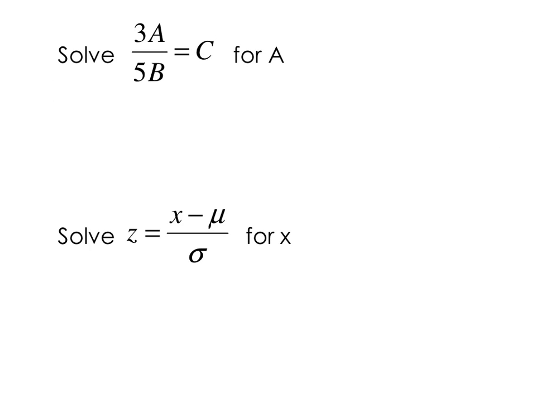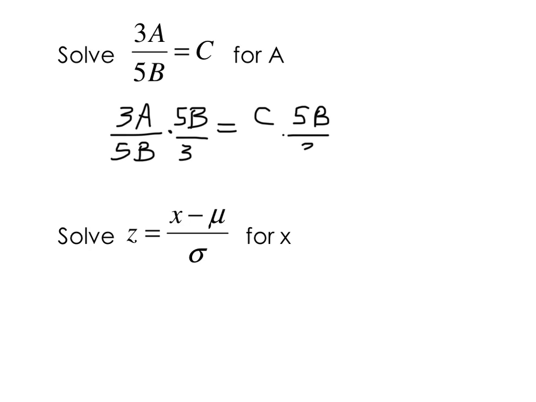Let's solve this problem for a. We don't want that 5b there. It's divided by 5b, so how can we get rid of it? We can multiply by 5b. We don't want that 3 there either. It's 3 times a. We can eliminate 3 by dividing by 3. But if we multiply the left-hand side by 5b over 3, we have to multiply the right-hand side by 5b